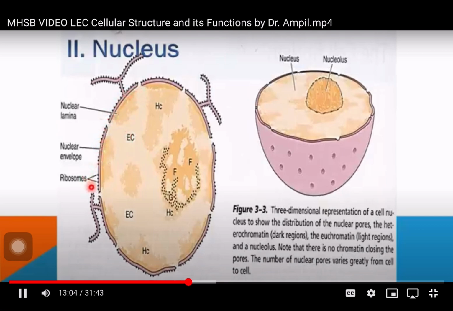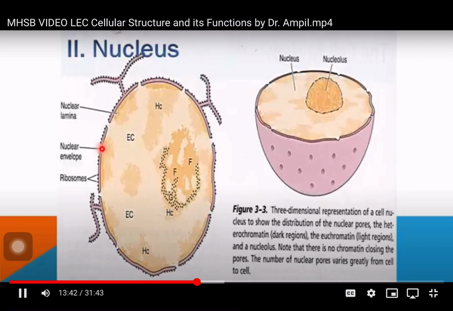Now let's go into the parts of the nucleus under electron microscopy. This is the nuclear envelope or nuclear membrane. Under electron microscopy, it has two layers, namely an outer nuclear layer and an inner nuclear layer. In between, there is a space, the perinuclear space. The outer nuclear layer contains attached ribosomes and is continuous with the rough surface endoplasmic reticulum. The inner nuclear layer, on the other hand, contains proteins known as lamins